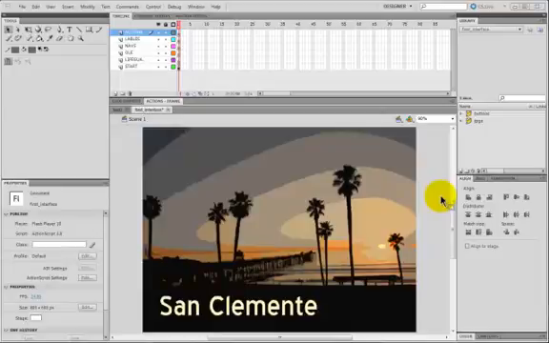Now let's take some of the elements we've been working with and turn it into a small interactive piece. You'll see that I've already added a number of layers in my new file. I've got a layer at the top called Actions, beneath that a layer called Labels, beneath that a layer called Nav, short for navigation, and 3 layers that go with the 3 pieces of content we're going to use in